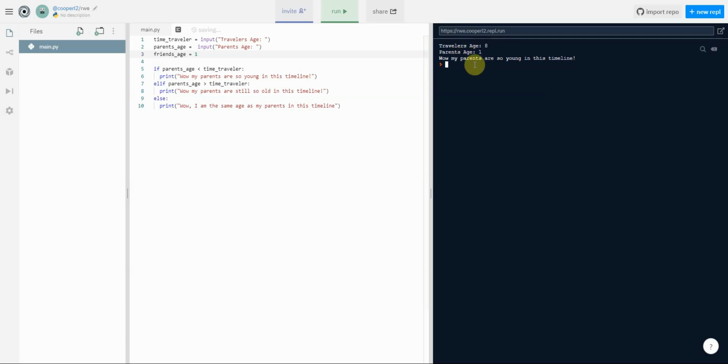So the program, I'm going to have to debug it. It could just be Replit. So you see now this is working. It did that to me before. I think Replit just acts up a little bit sometimes. So you can see that works now. So now one more time, if I put the same age in, well, I'm the same age as my parents in this timeline. Okay, good. So we've made the program smarter. We've made it ask for inputs, and we've also made it